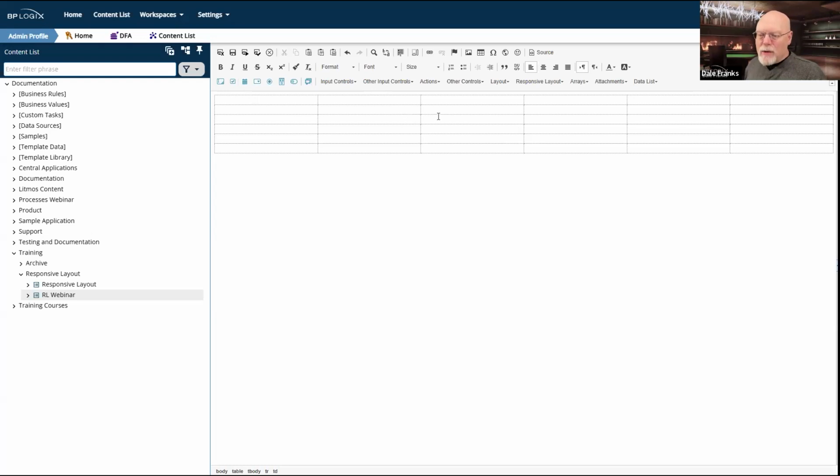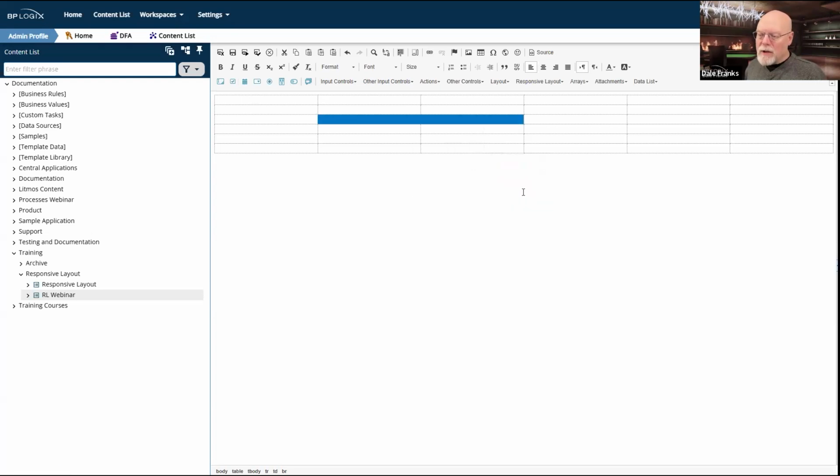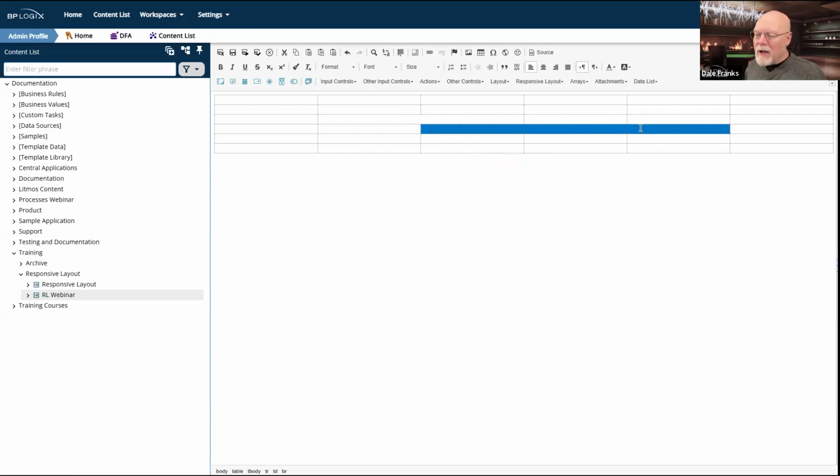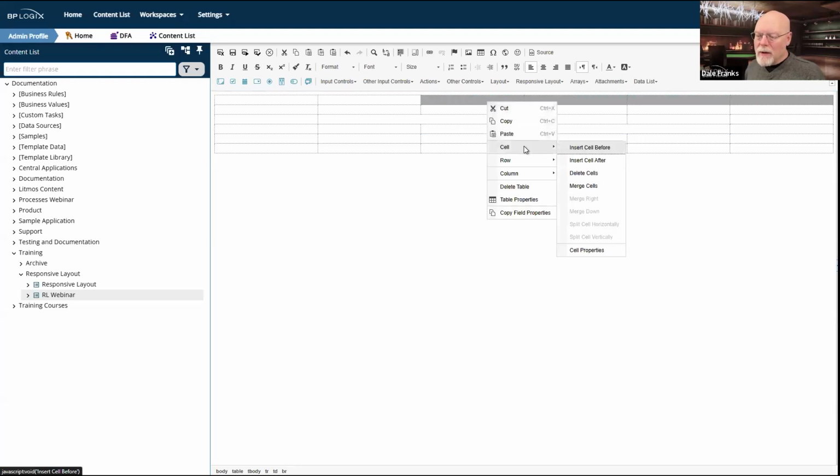Now, I can do some merging, and so I can make asymmetrical rows in my document technically, because all I really have to do is go to cell and merge cells, and then I can go down here and merge these cells, and go up to this row and merge these cells.